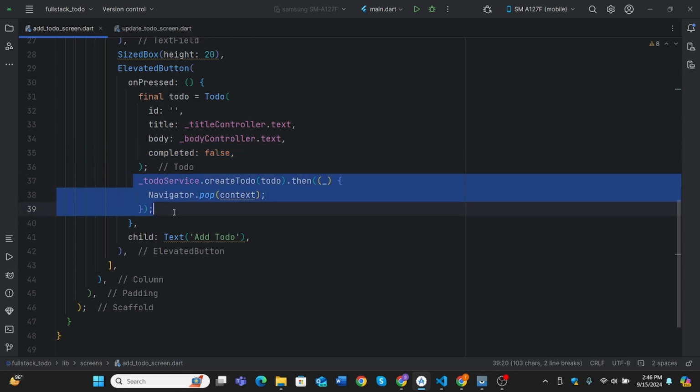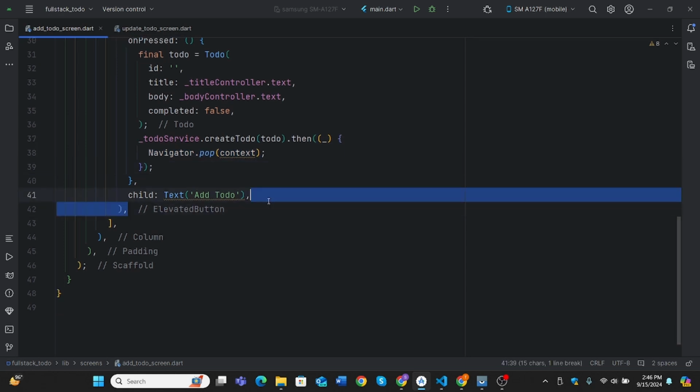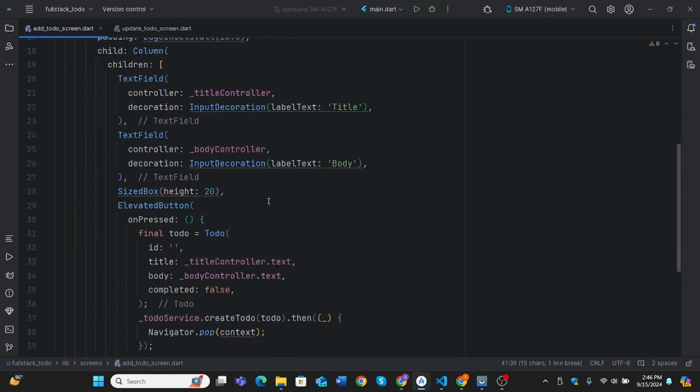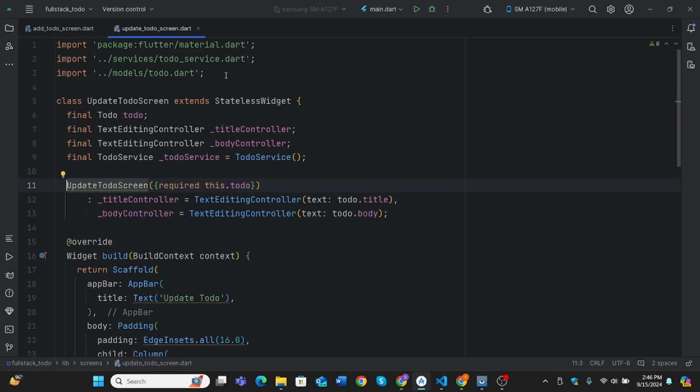And here you can see I have called that to do service dot create to do, and I have passed this to do, and in its done method I will move back to our home screen. Okay, and there is a text add to do, so this is for the add to do screen. And our last screen is the update to do screen, and here I have passed this created to do as